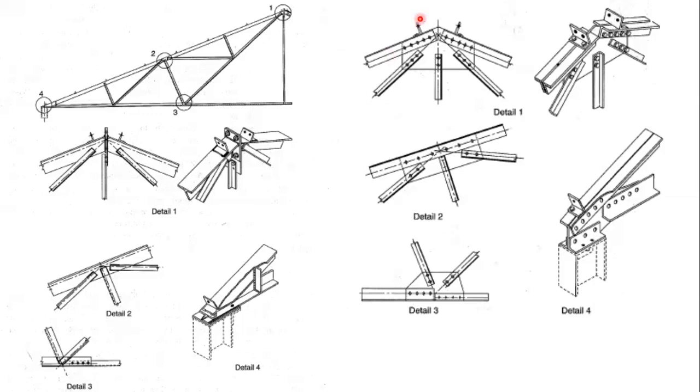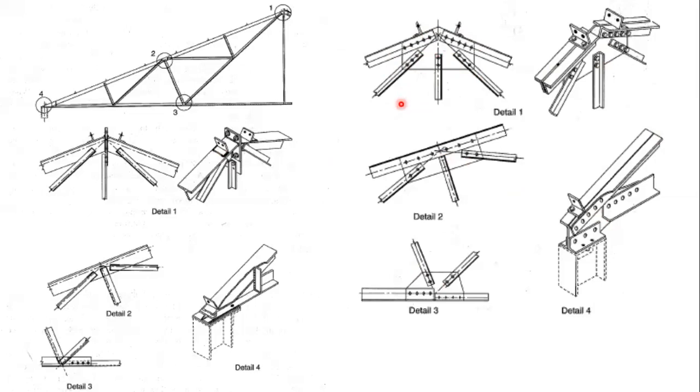So this is the member details or connection details that you see here. When you have a large number of members, mainly when you want to connect two members or more than two members in a truss, we adopt a plate called a gusset plate. This plate you see over here is a gusset plate, or here, the plate you see here. So these are all called gusset plates. They help to join these members together.